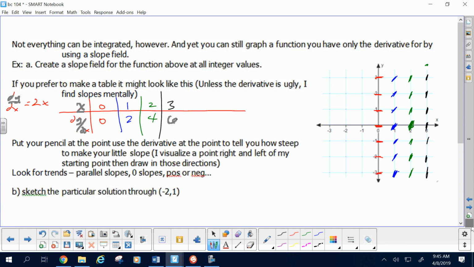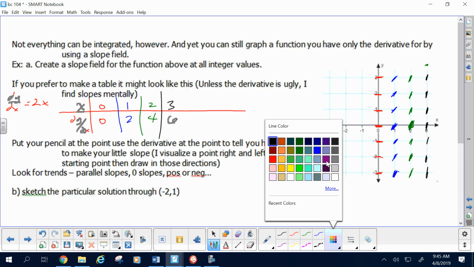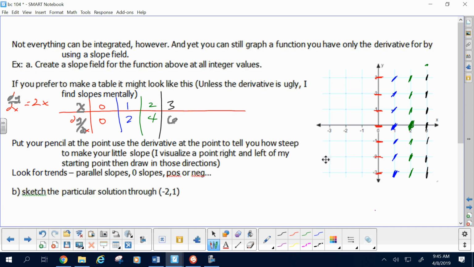And then on the left-hand side, what's the slope at x = -1? Negative 2. So put your point there. Imagine a point that's down 2 over 1 away. So if I pointed here, down 2 over 1, down 2 over 1, like that. And then at x = -2, the slope is